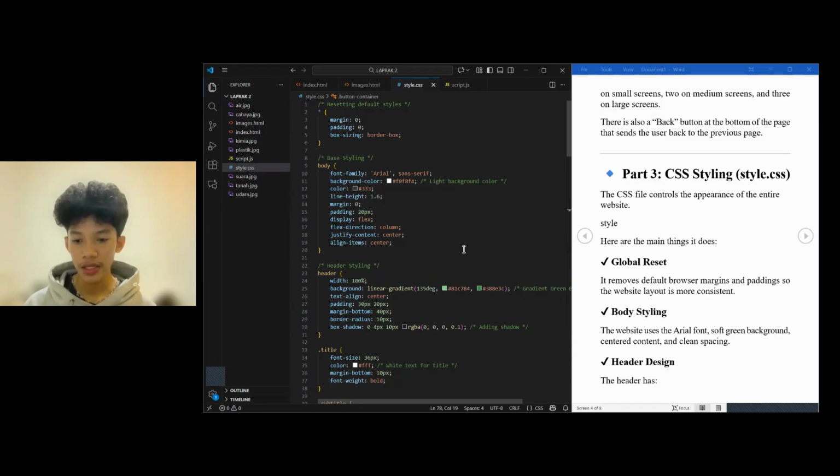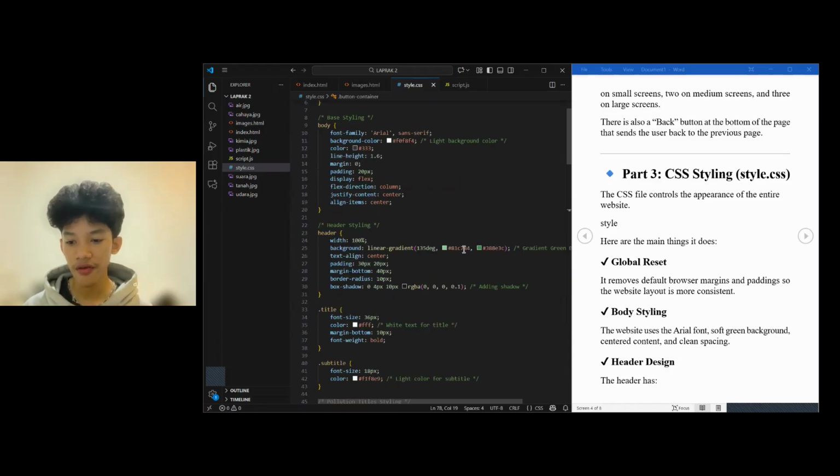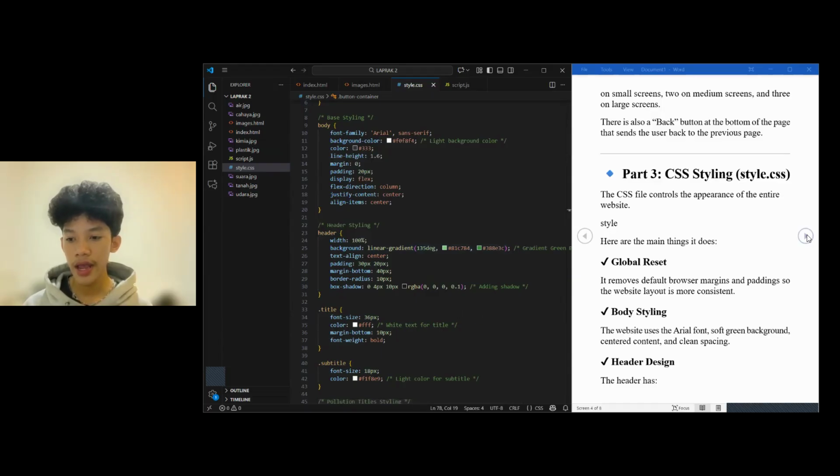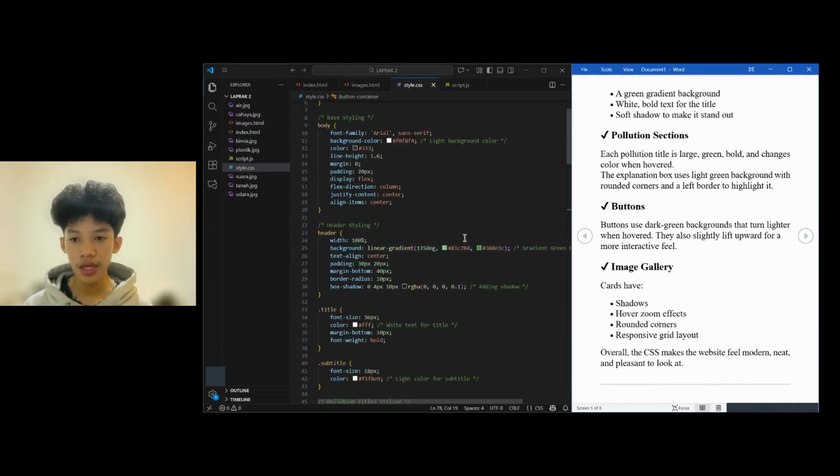Body styling. The website uses the Arial font, soft green background, centered content, and clean spacing. Header design. The header has a green gradient background, white bold text for the title, and a soft shadow to make it stand out.